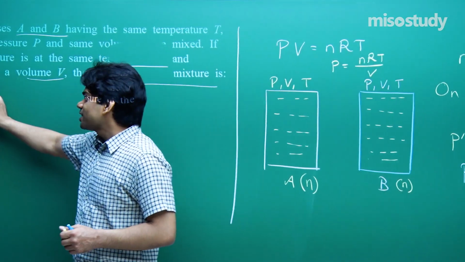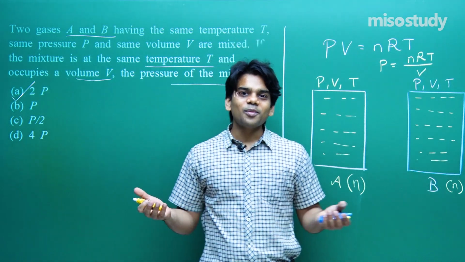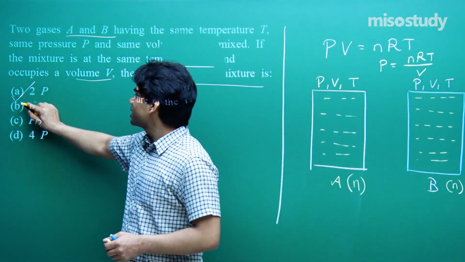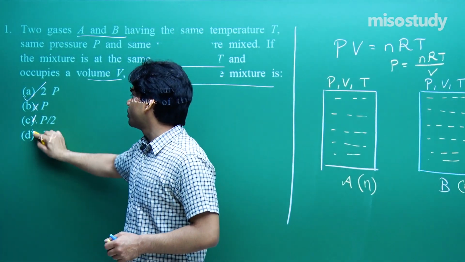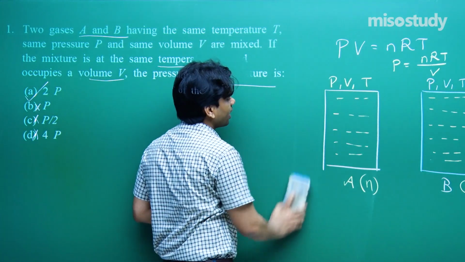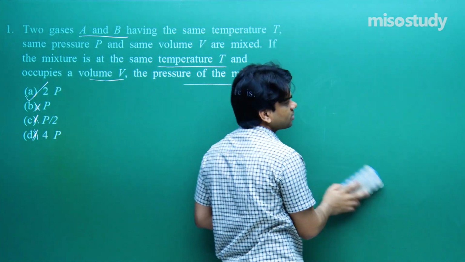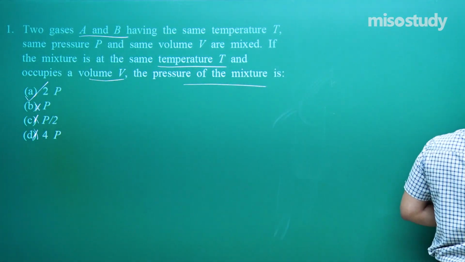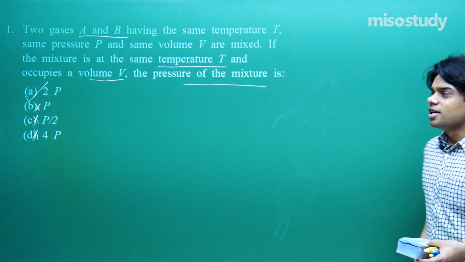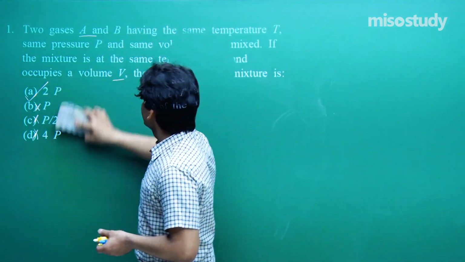Option number 3, 2P, yes, that's the right answer, because the final pressure is going to be doubled because the number of moles in the container is going to double. So that is what we're going to use. Rest, it will not be pressure P, it will not be P by 2, it will not be 4P. Hope that you have understood how to solve this. I have elaborately expressed every step so that you don't get confused how to solve such kind of questions. And the level of difficulty in your NEET examination can be simple or it can be moderate.